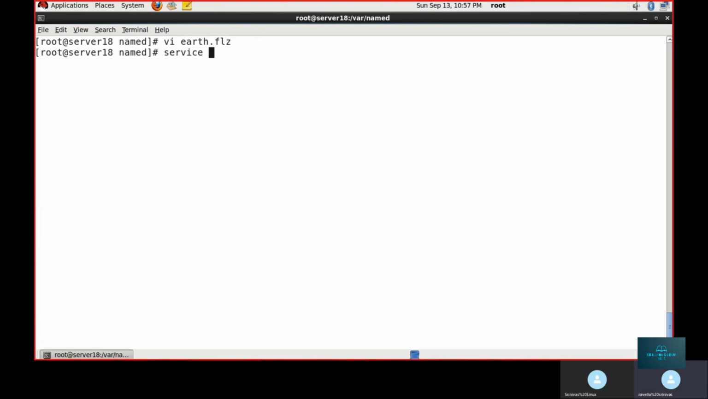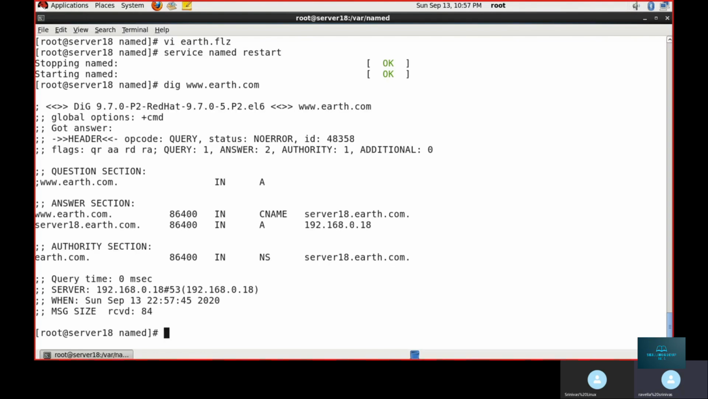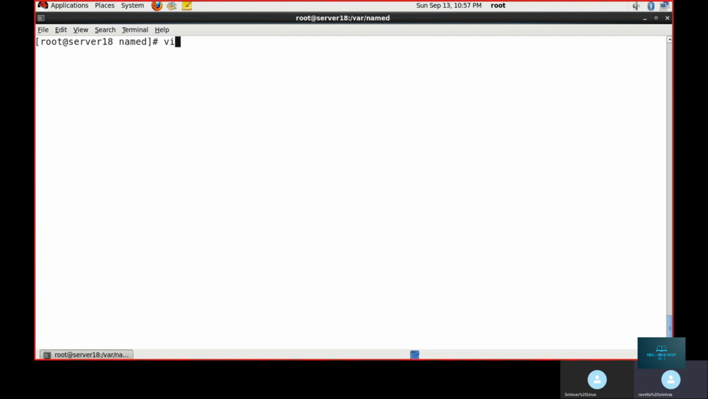Now restart the service. Service named restart. dig www.earth.com. So now see status no error. Now you can configure the Apache website. Without getting status no error, if you configure the website also no use, it will not open, it will not resolve. Now open the configuration file vi /etc/httpd/conf/